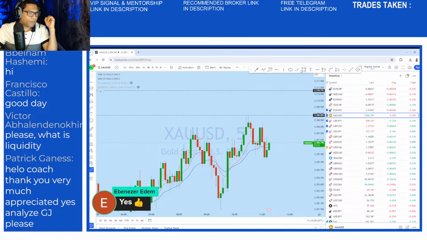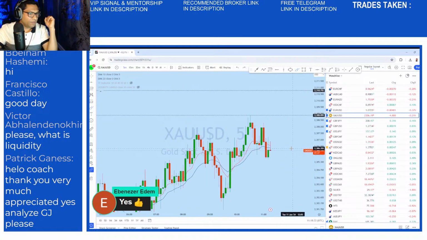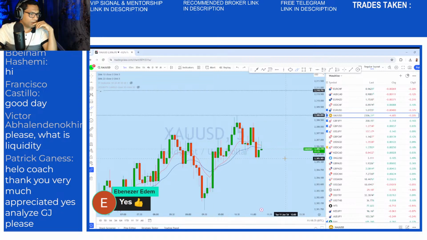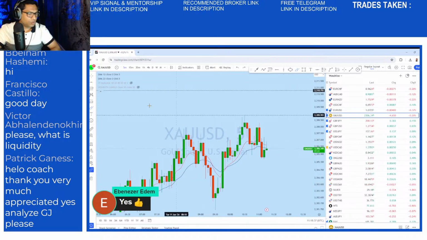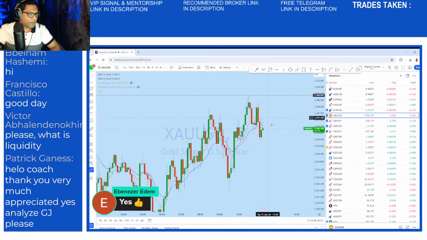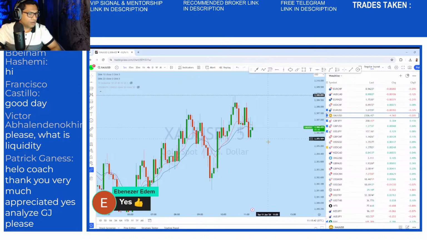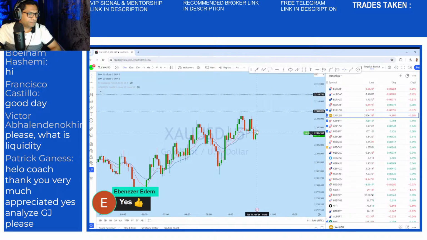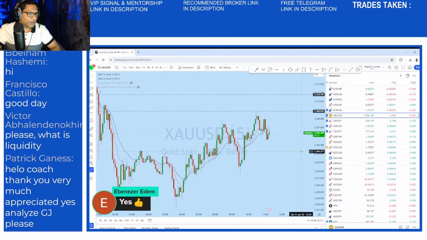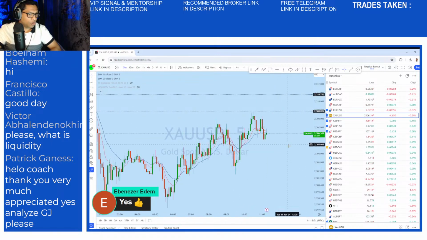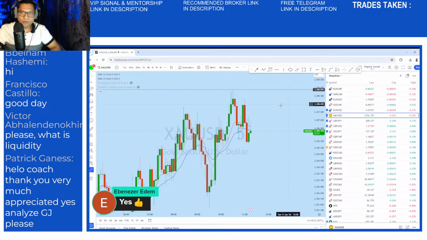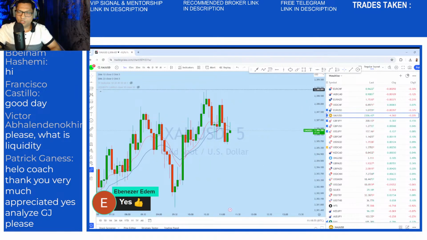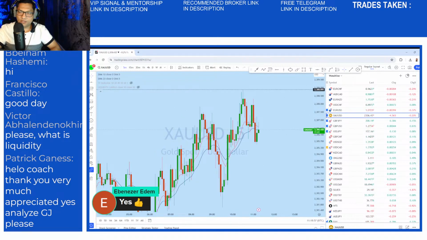We can see there is a strong drop here on the 5 minutes time frame, so waiting for the price to break below. I think we might see another attempt from the buyers, but the probability to drop is higher. So we'll see what happens. Do you think it's going to drop from here, guys?